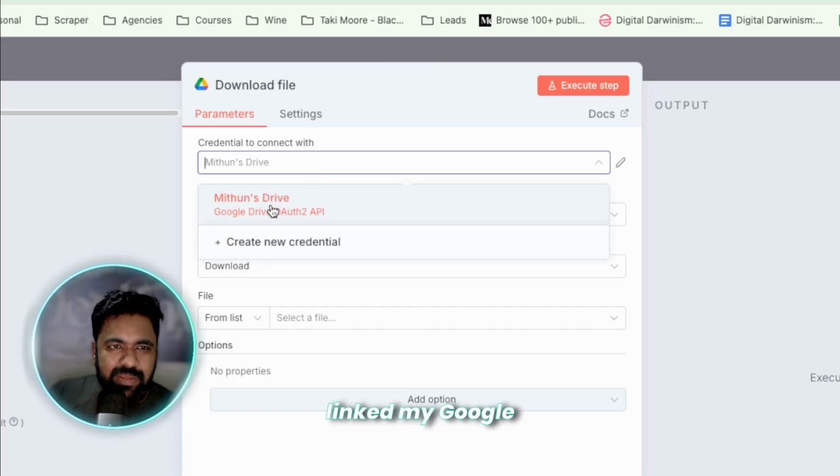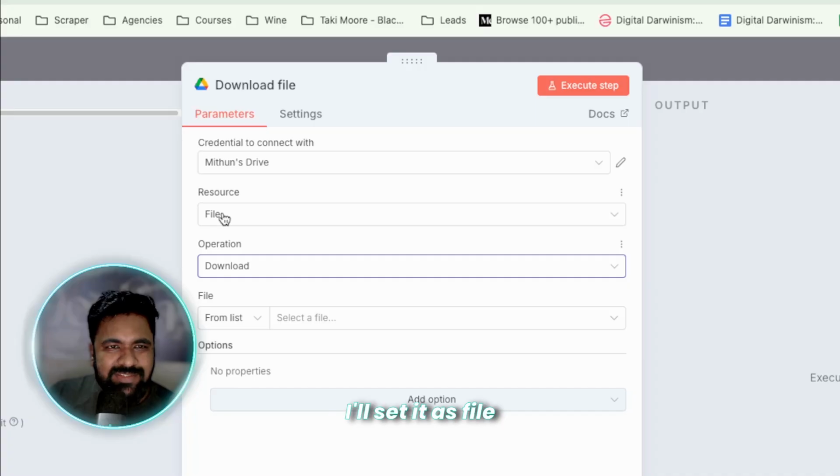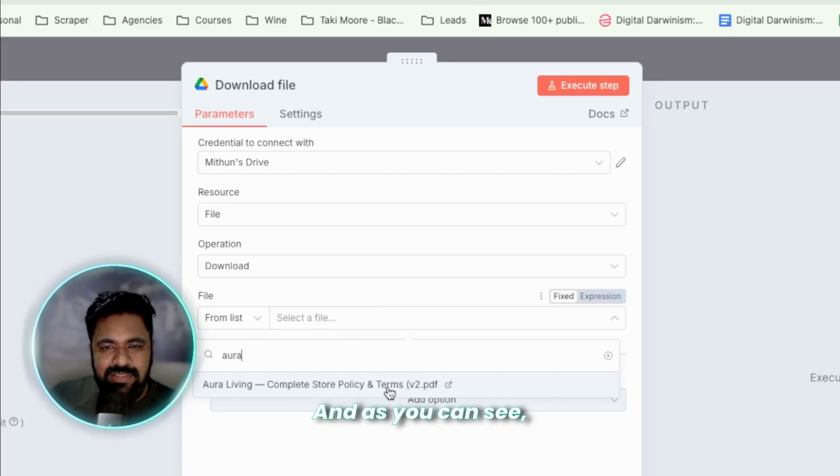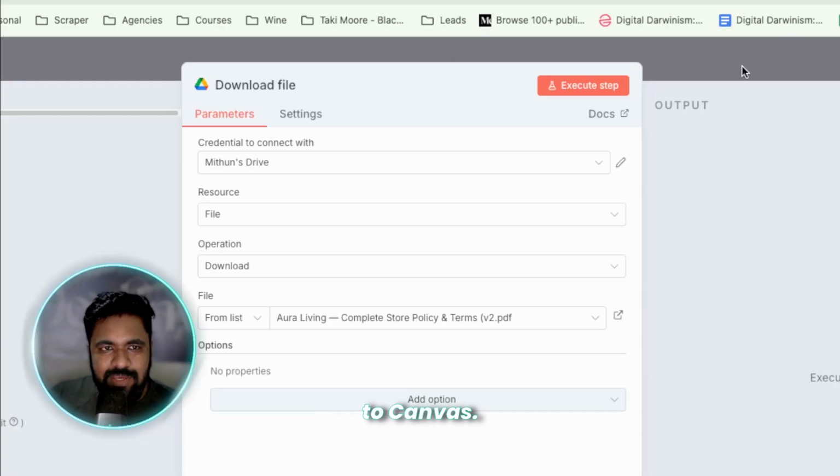I have already linked my Google credential. As you can see, I'm going to select it, and for the resource I'll set it as file, and for the operation I'll put it as download. And if I click on this, I can search for the document, and as you can see, the store policy document PDF appears here, and all I have to do is select it,